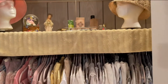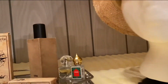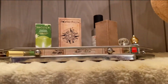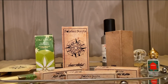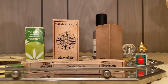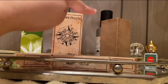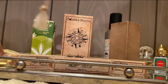And then I have just some perfumes, mainly Social Scents, because I was trying to move that string out of the way, but I don't think that's going to happen. Mainly Social Scents, because it's my favorite perfumer. They're a small indie perfume company. I definitely recommend them. If you like vintage, sweet, powdery scents, I think Violet Mallow is the best. You could try it, and you can get samples,